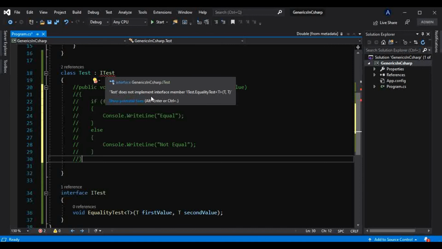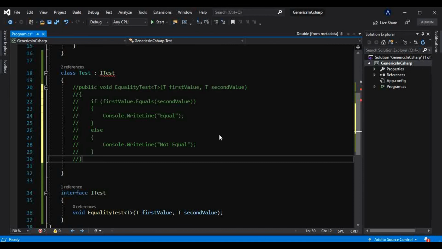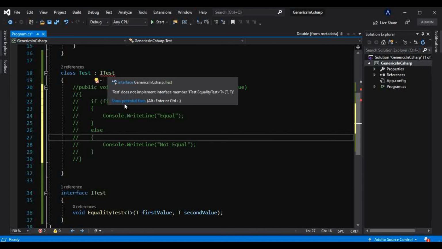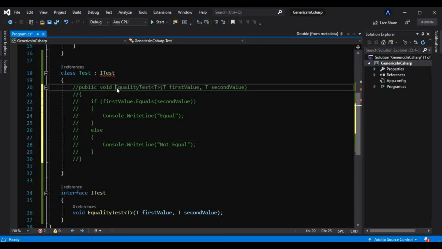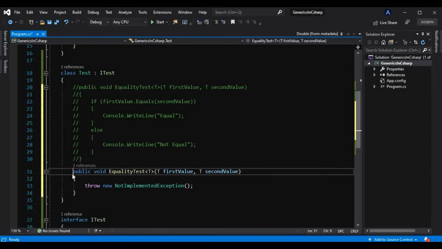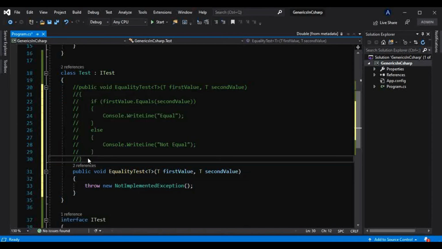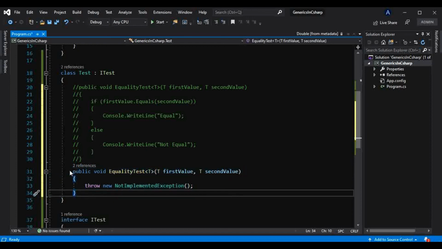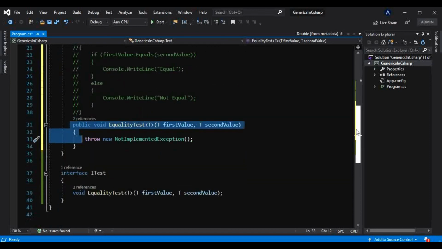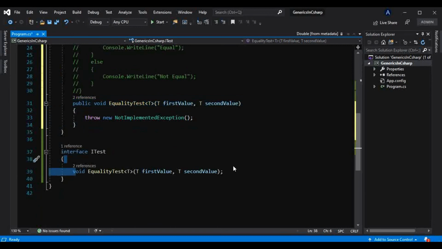Test does not implement interface member iTest equality, and if I go to show potential fixes and implement interface, this is the same as we have done before. We are implementing this method from this interface, which is a generic method.